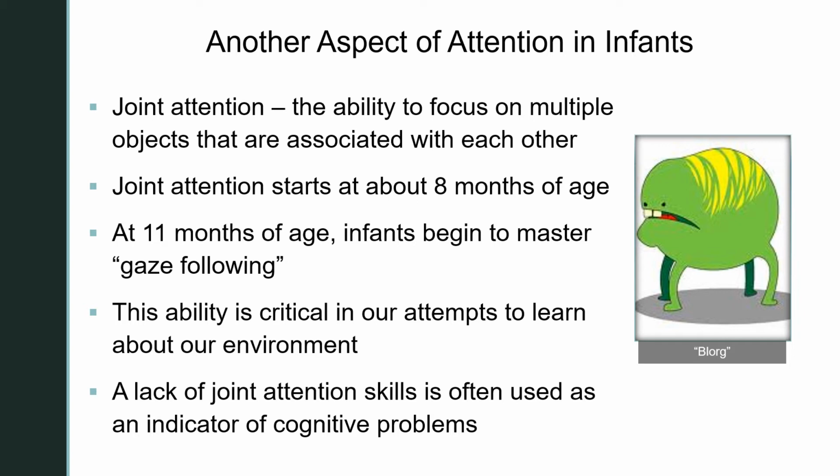The belief is that this is one of the first things that starts to separate them out from their peers in terms of interpersonal skills and some of the early developmental things that other kids and parents take for granted. So even though it might seem like just a small step, many people believe that this is one of the critical skills that's developed at about a year, and it highlights how important attention is.